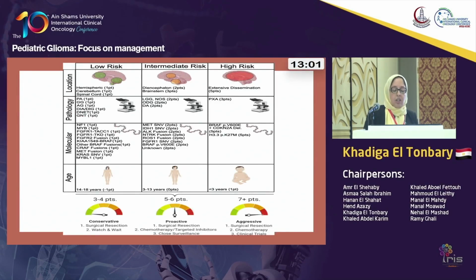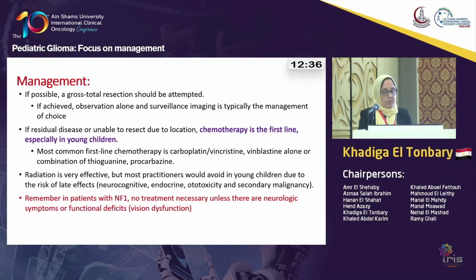This is an old classification of low-grade gliomas into low risk, intermediate risk, and high risk. And sometimes physicians use this figure to explain to parents the pathology, the molecular genetics, and the management, whether it's conservative, proactive, or aggressive management, especially with the BRAF V600E. So for low-grade gliomas, total resection, as we mentioned, if there is any role for chemotherapy, like disease